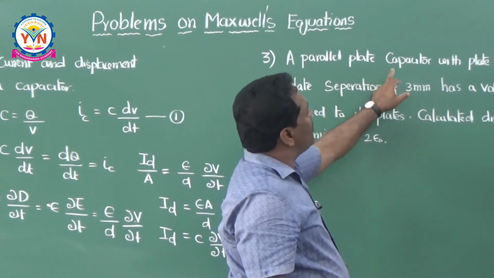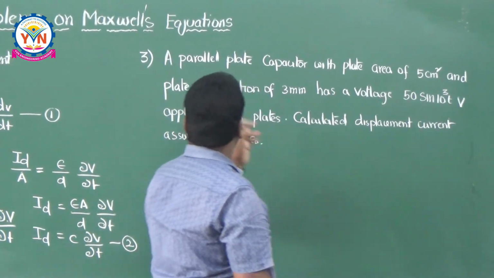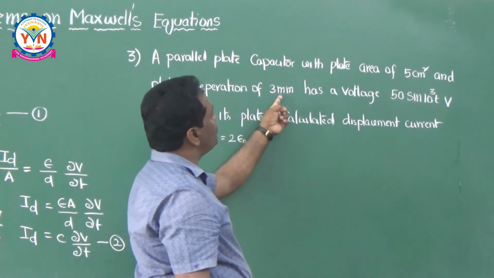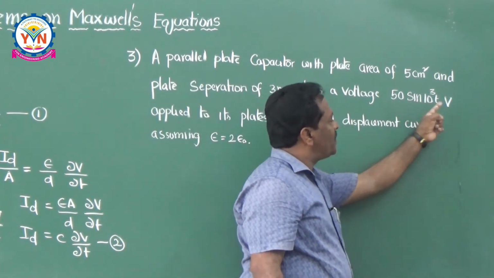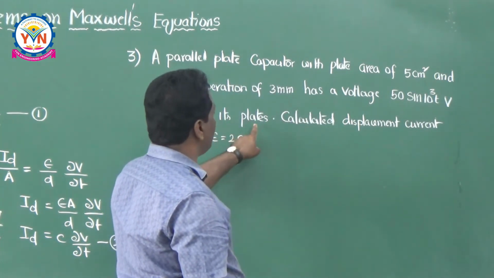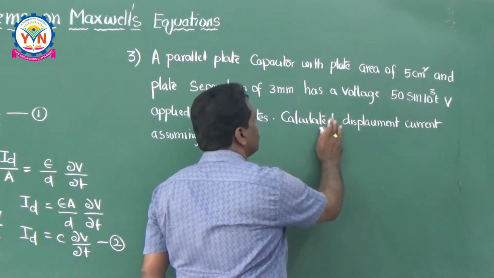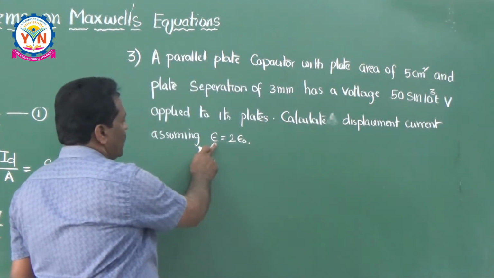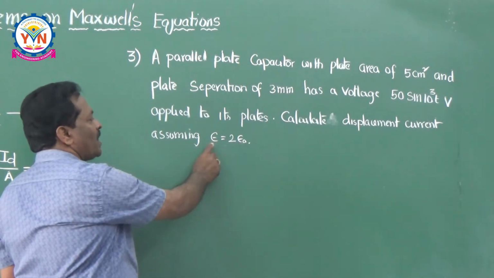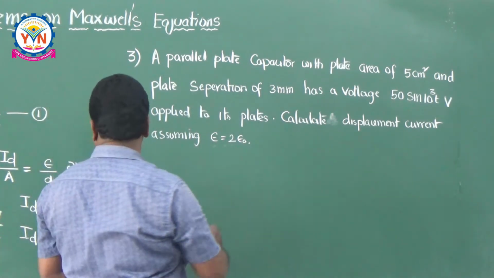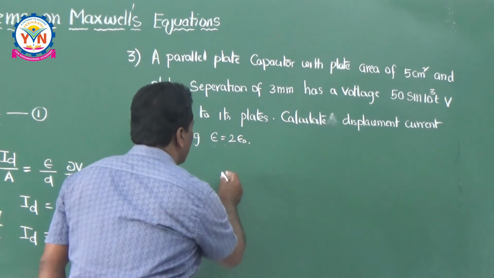A parallel plate capacitor with plate area 5 centimeter square and plate separation of 3 mm has a voltage 50 sin 10 to the power of 3t volts applied to its plates. Calculate the displacement current using epsilon is equal to 2 times epsilon naught. So that means the permittivity of the medium is epsilon is equal to 2 times epsilon naught. So just now we have discussed about this. So your displacement current ID is equal to